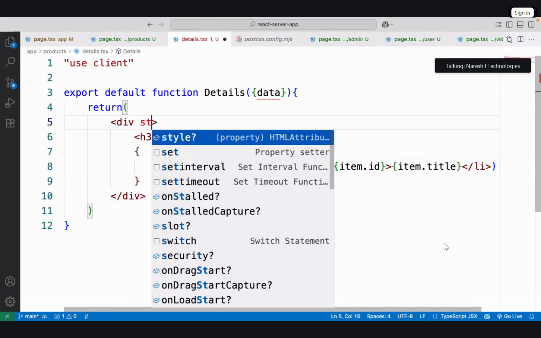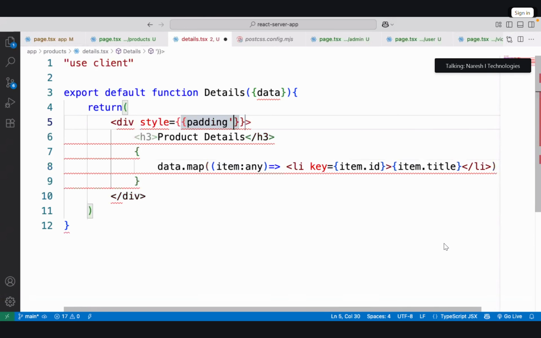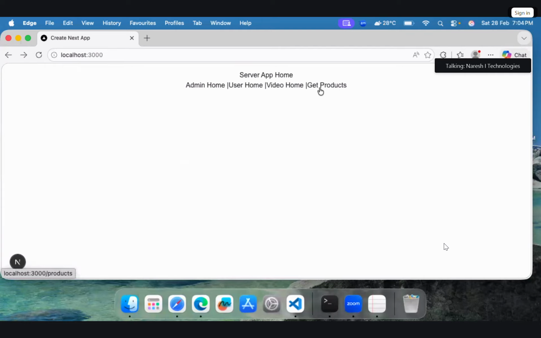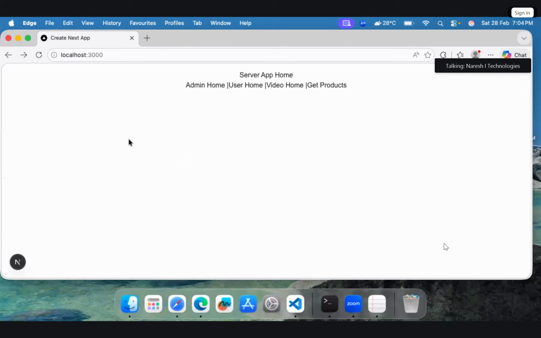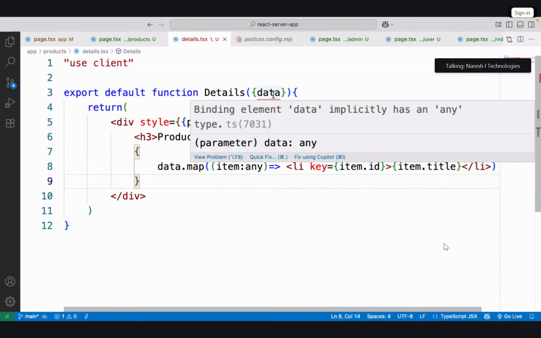So here I will write style. So padding, suppose I give it as 30 pixel, then the data is coming fine. Okay. So actually whatever they gave, that is not required. Means they return some promise, use post, that's not required. Directly simple data will come and we can use it. Even if it is showing an issue, we can simply ignore this. It is saying default implicitly any type.